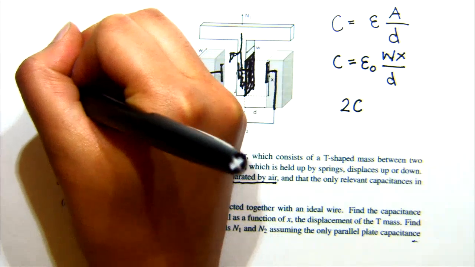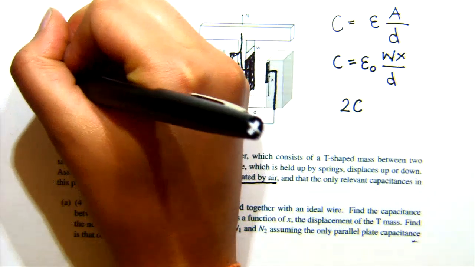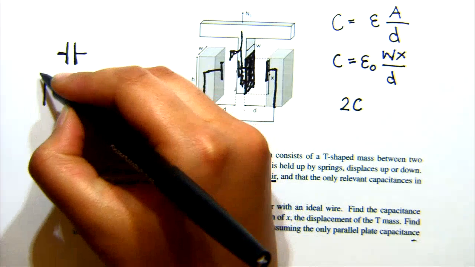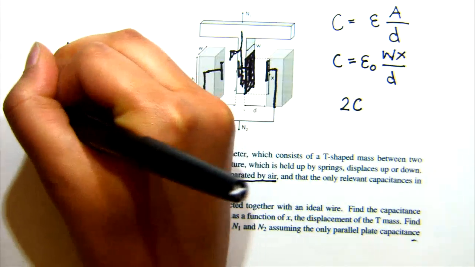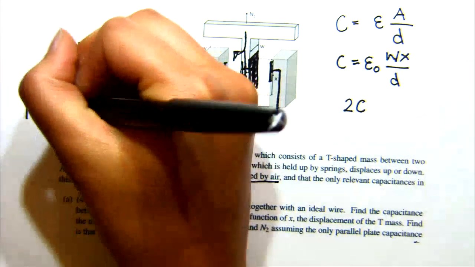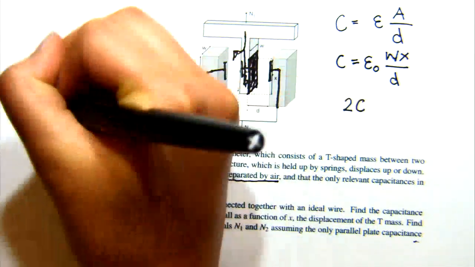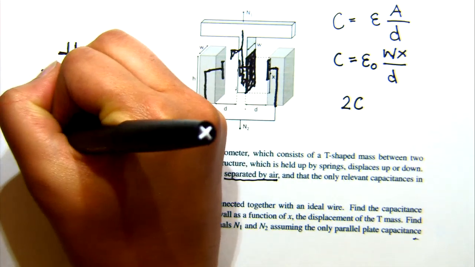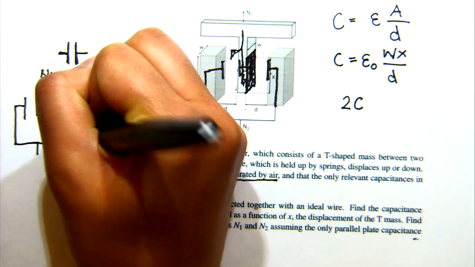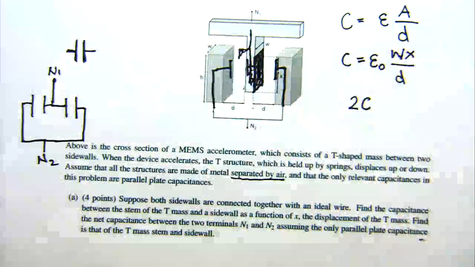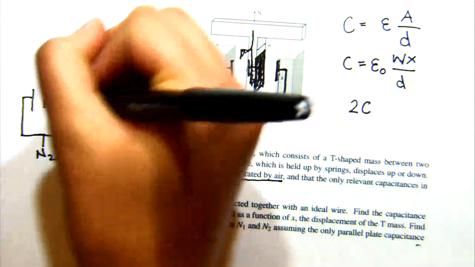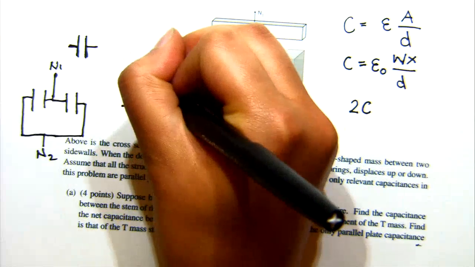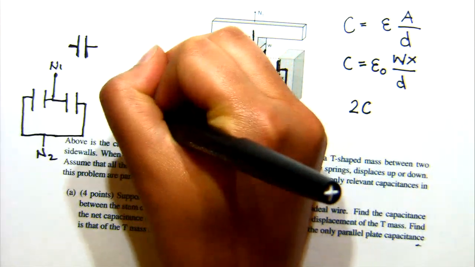If I draw it to the side, just paralleling that, can everyone see that? First off, we have N1 up here. It comes like this, and we have our parallel plate with the left sidewall. We have the parallel plate with the right sidewall, and these both connect to N2. And so the reason these are parallel, if we redraw this nicer, we can say N1, and we can just turn these around, and maybe this is something that we're more familiar looking at.